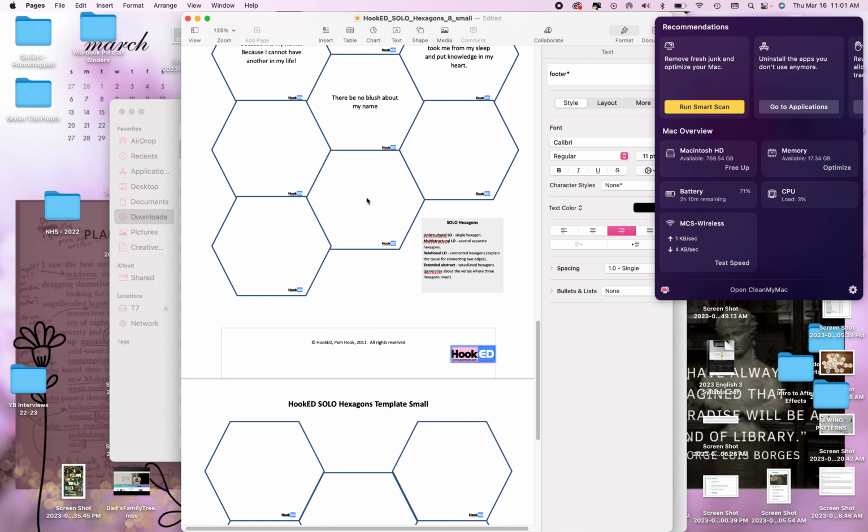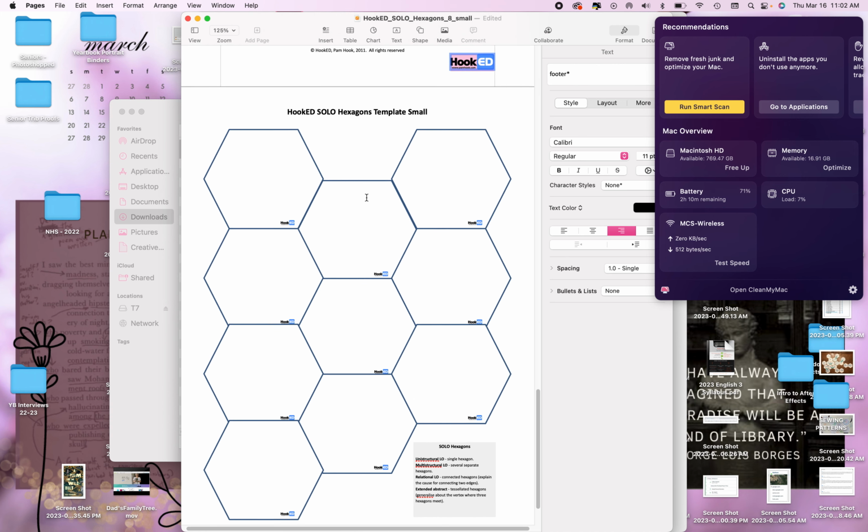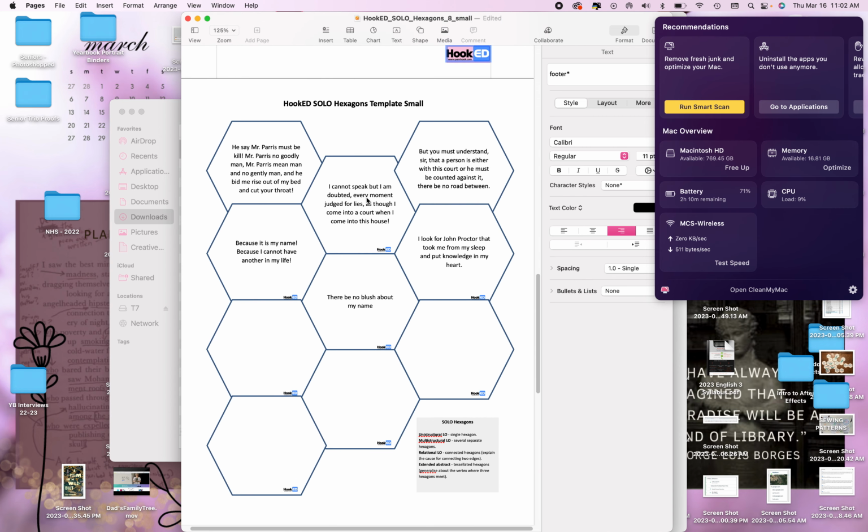So you want to have in these blank hexagons at least 2 hexagons for at least 2 of those historical documents. Again, that's not a hard and fast rule, but if you're meeting the learning target and the I can statement, you're pulling everything you know about The Crucible together to analyze 2 themes. All right, once you fill up your blank hexagons,